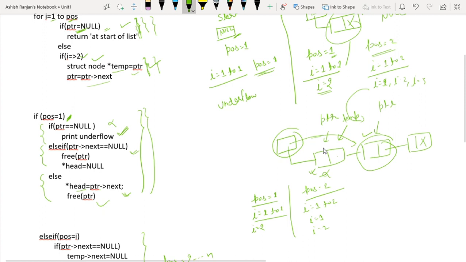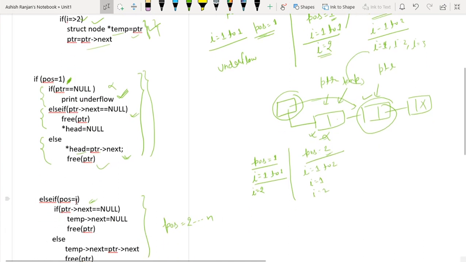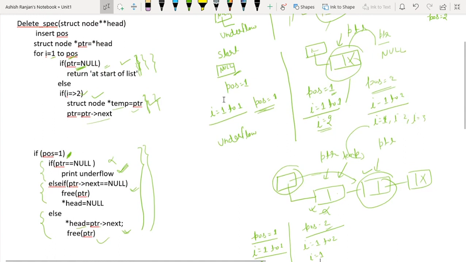You can see that we do not want to delete the node from the front, because position equals 2. So is position equal to I? If position equals I minus 1, for I equals 2 it will become so, again it will come here.